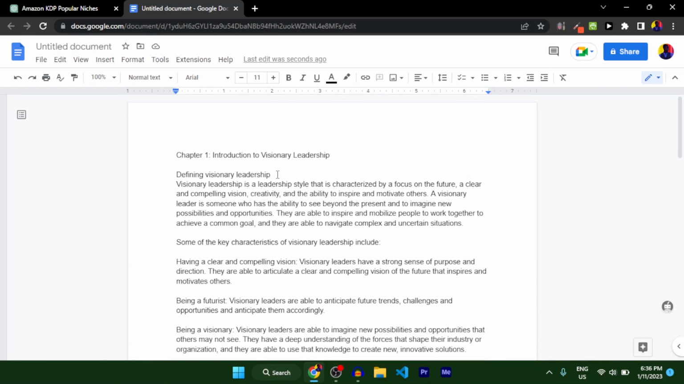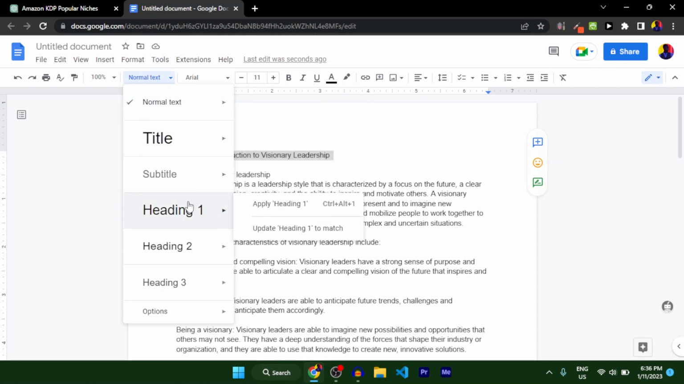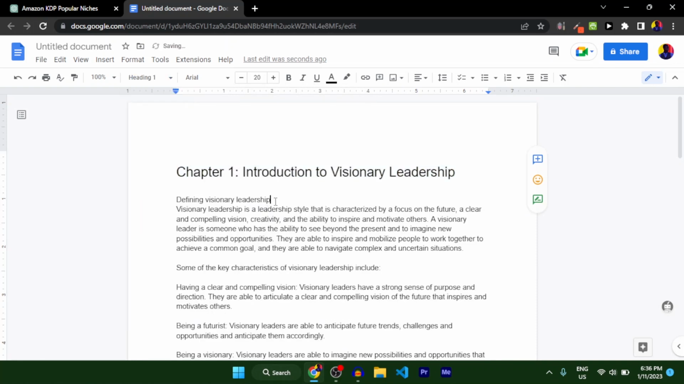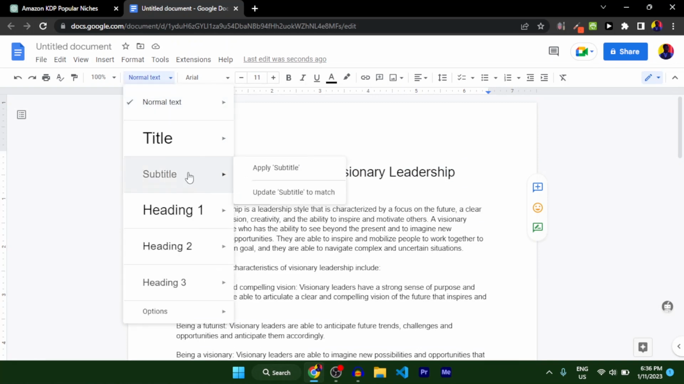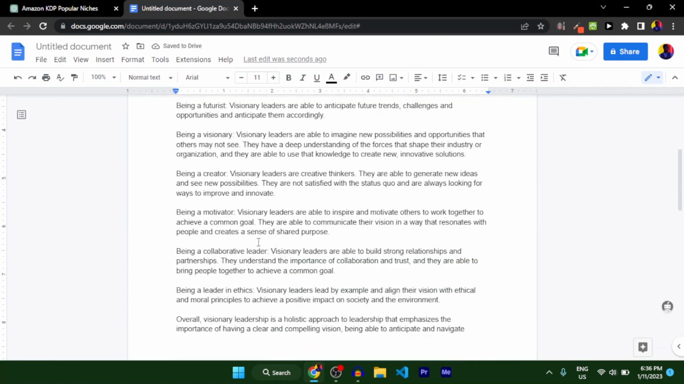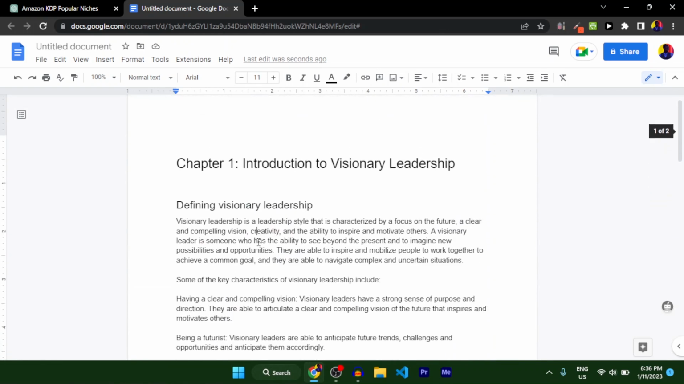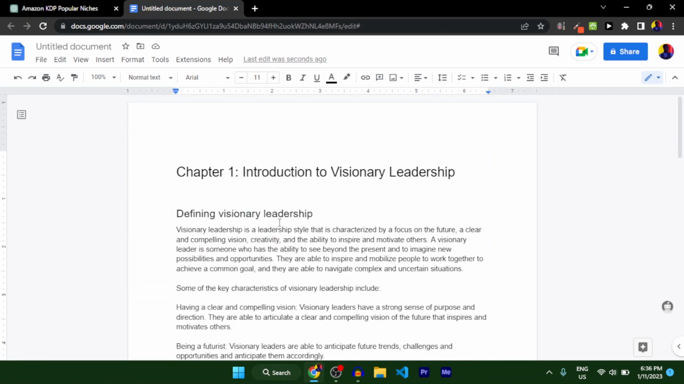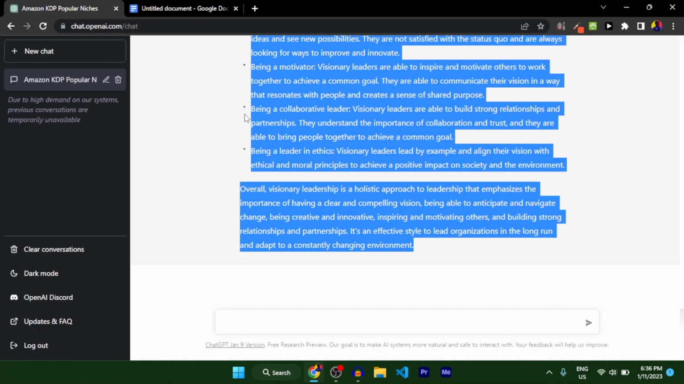So this is chapter 1. I'm just going to select this, and under normal, I'm going to use heading 1. So apply heading 1. Then under the subtopic, I'm going to select it, go to normal, then select heading 2. So that's how I'm going to format my book. Now, we are done with the first subchapter, that's defining visionary leadership. Then the next one is